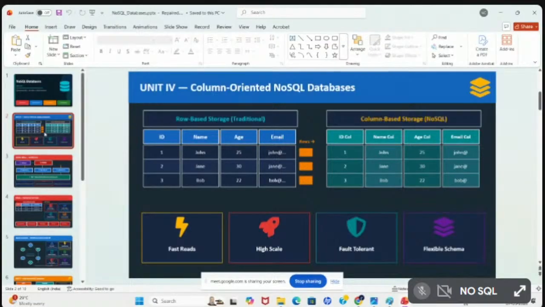So now tell me, what are the four types of databases? The first one is document oriented database, the second is column oriented, the third is key value,